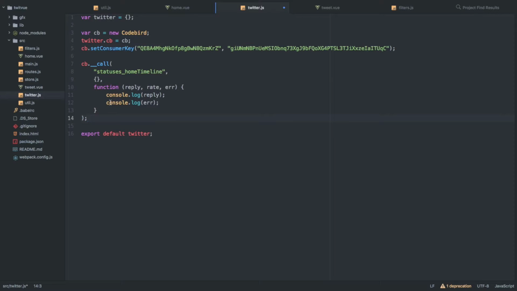All right. So this is probably not going to work because you can only get your home timeline when you authenticate it. But we're going to try this. And if it doesn't work, we're going to show our login screen. And if it does work, well, it's just fine. All right, so let's begin. What we need to do is